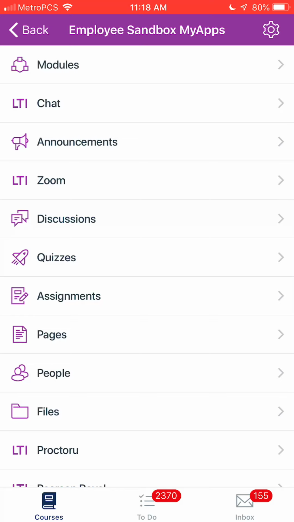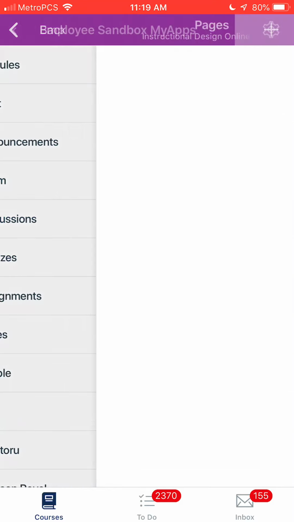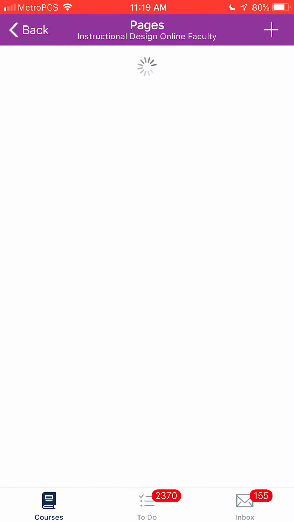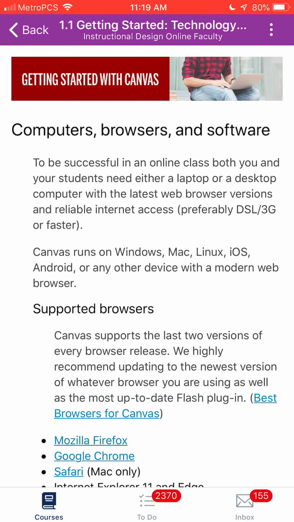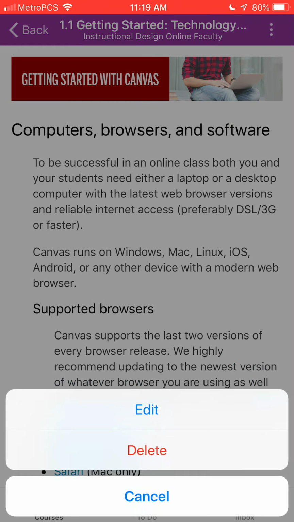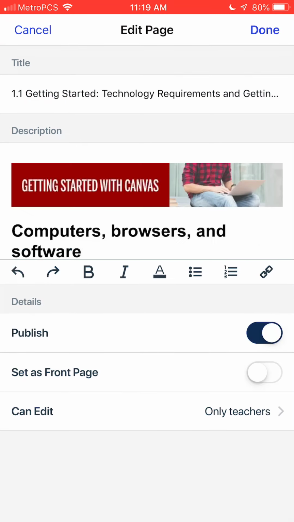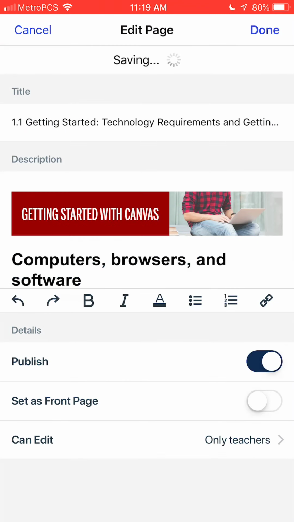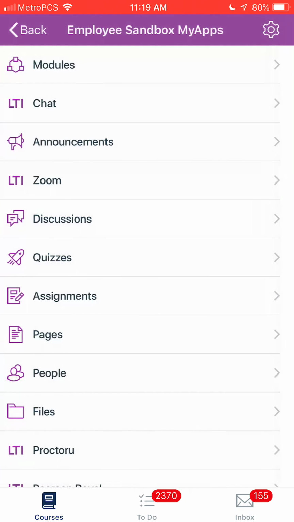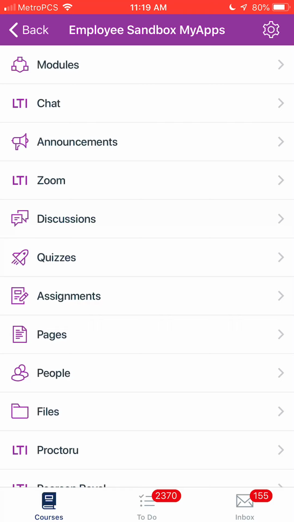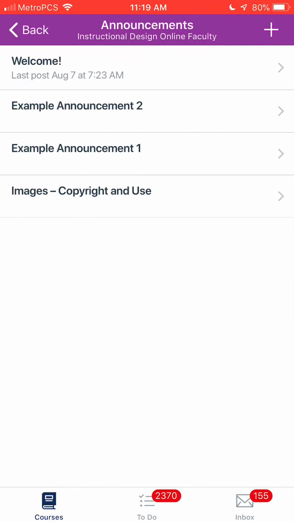Another place I can see you going is Pages. Pages is, in essence, where you deliver the information. If you believe that there is a mistake or something needs to be edited, you can click on those three dots, and as soon as you click on edit, you have all the capabilities that you had on a desktop computer. Once you're finished, you can go back,